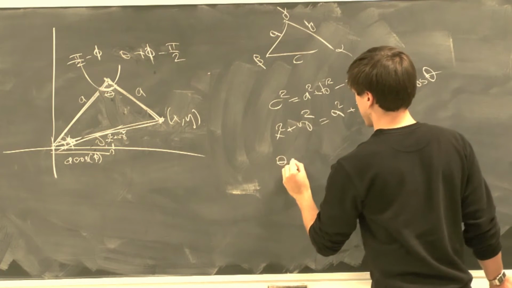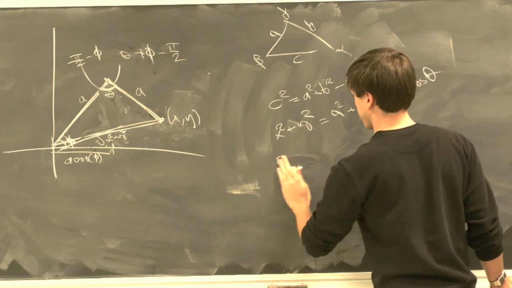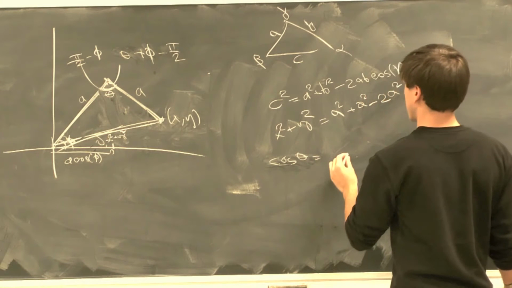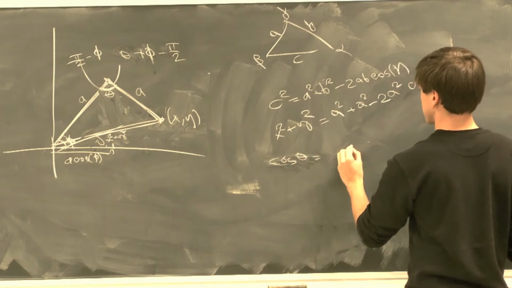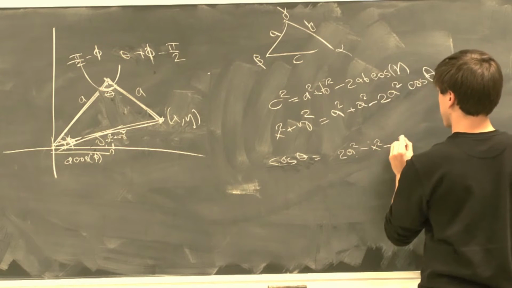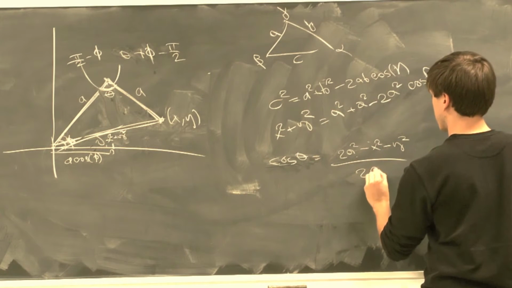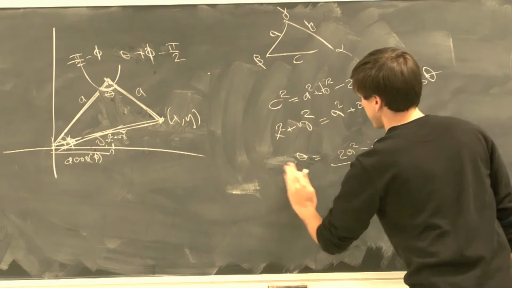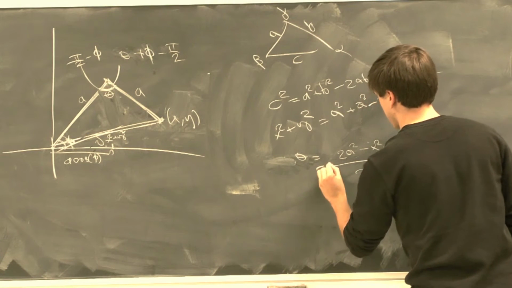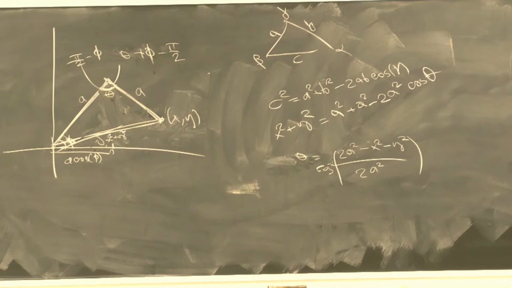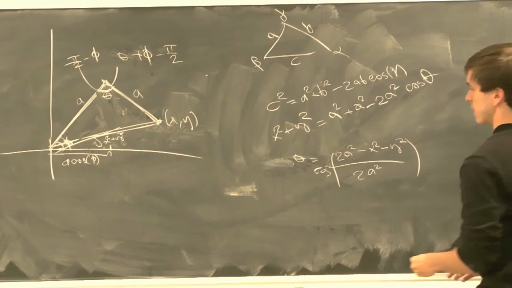So we end up with cosine of theta equals 2a squared minus x squared minus y squared all over 2a squared. Then theta equals the inverse cosine of this. And then, is everybody okay so far? All right. Then we can get